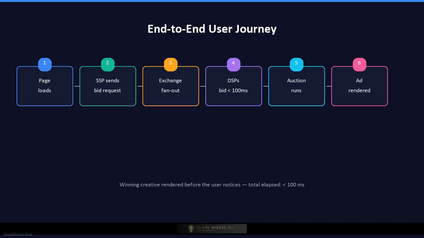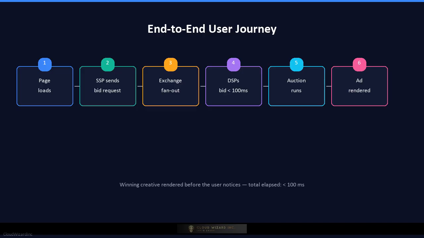Each DSP's bidder service receives the request, hashes the user ID to look up audience segments and frequency caps in a Redis cluster, runs a logistic regression or gradient-boosted model to predict click probability, multiplies by the advertiser's target CPC to compute a bid price, checks the campaign budget via a pacing service, and returns a bid response with the